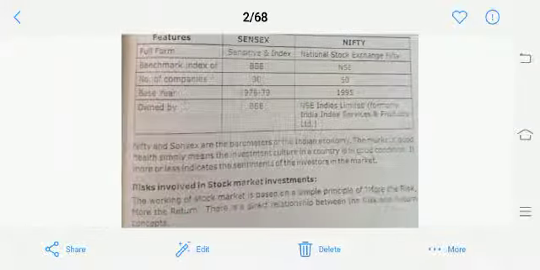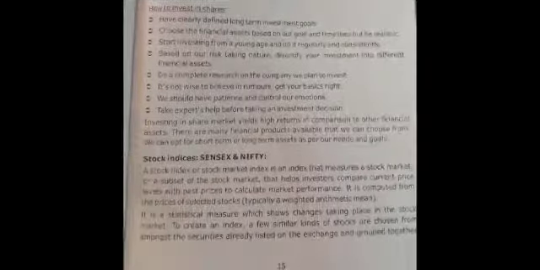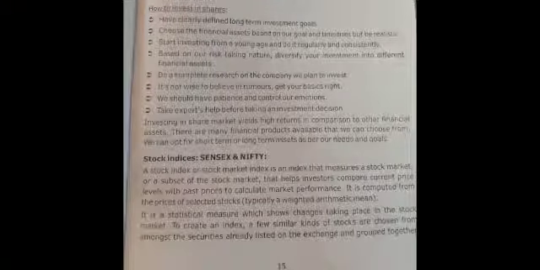Hope you are all familiar with the stock market. Earlier in the classes, we discussed the topic related to the avenues of investment, and we have also started the new chapter, stock market. Under the stock market, we discussed what documents are required to open the demat account, and also how to invest in shares. What are the necessary